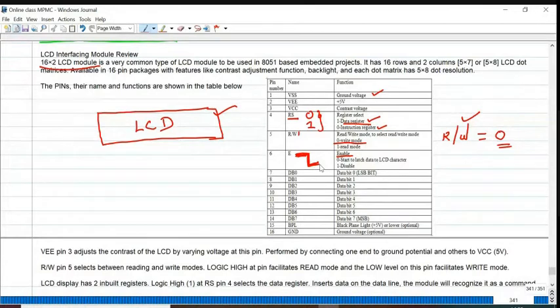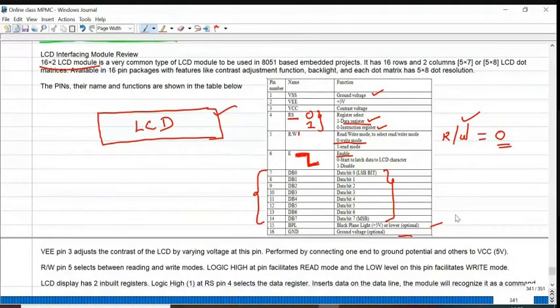Okay, please remember this. And then there are 8 data lines for carrying the data. All the decimal values and characters, alphabets, everything is transformed into ASCII values, the equivalent 8-bit binary. Those 8-bit binary values are sent to the data lines of the LCD display. And then ground and backpanel.